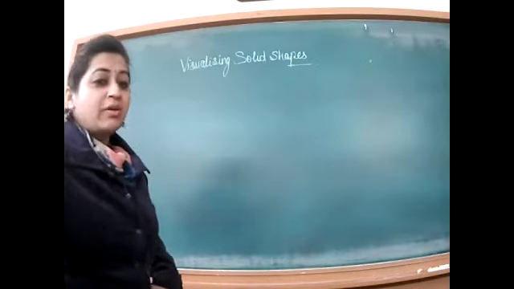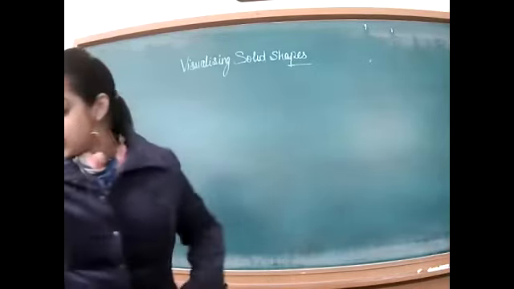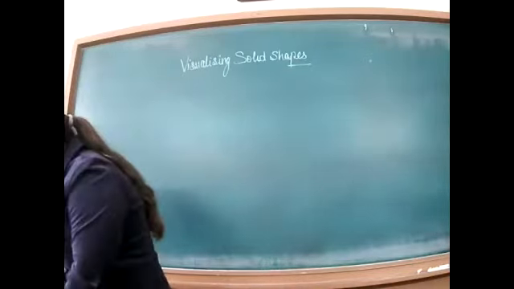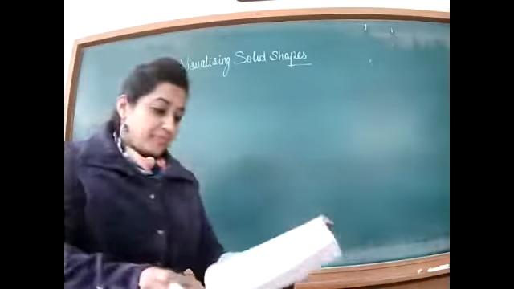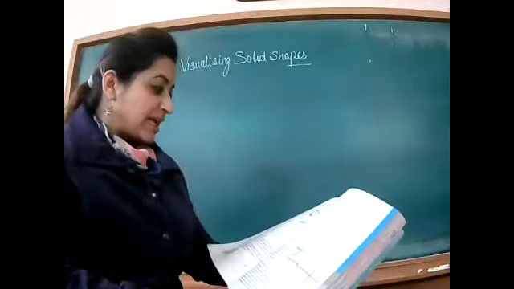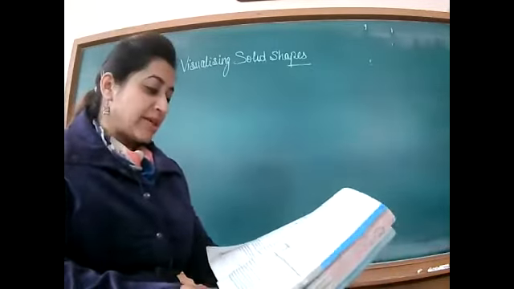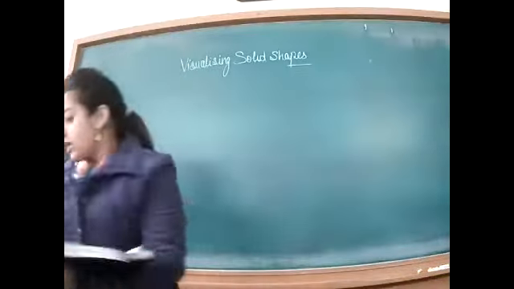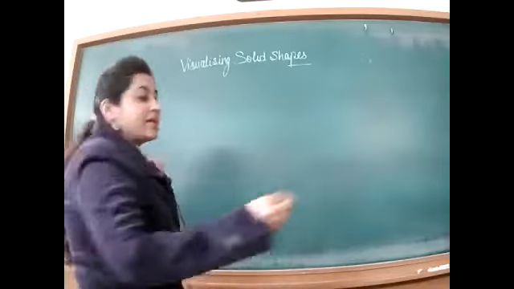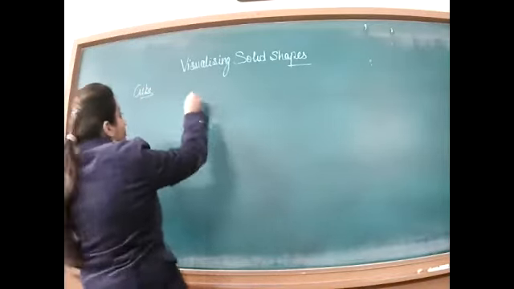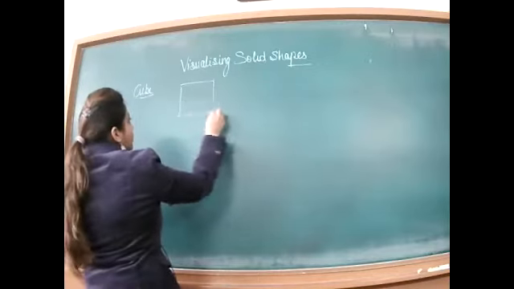Yes, good morning, beta. In the last class, we were doing visualizing solid shape. We have discussed the faces, vertices, and edges of the cuboid. Now let's start with the faces, vertices, and edges of the different solid figures. Next is your cube. If you draw a cube,